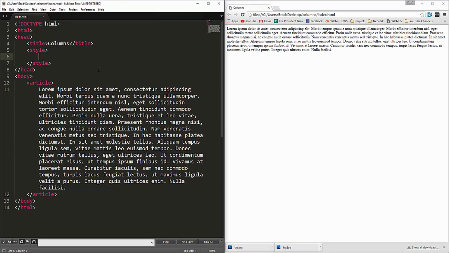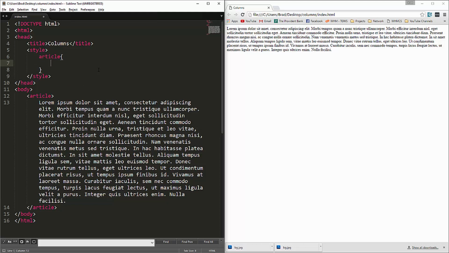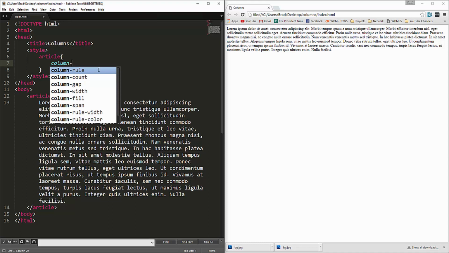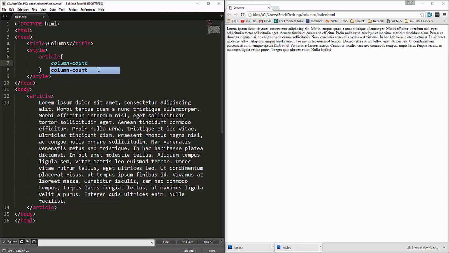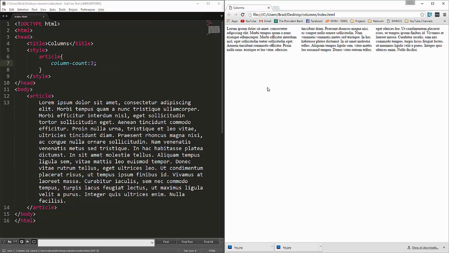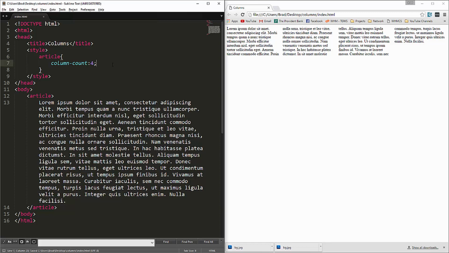So what we can do now with CSS3 is we can add a property called column-count and set that to whatever we want. Let's say 3. Alright, and save that and reload, and now you can see that that has been split up into 3 different columns just by this one style right here, this one property and value. If I wanted to change it to 4, we could do that, but I'm going to keep it at